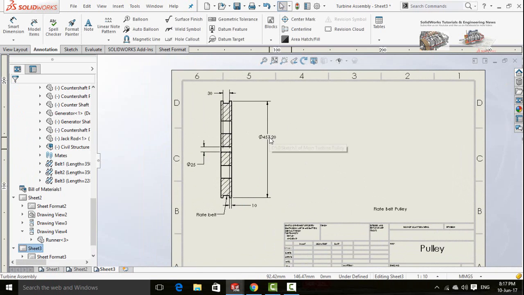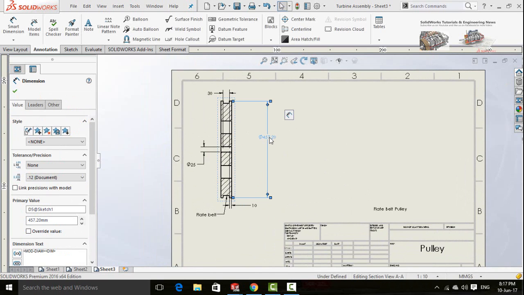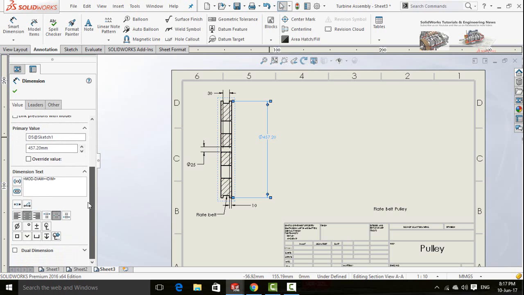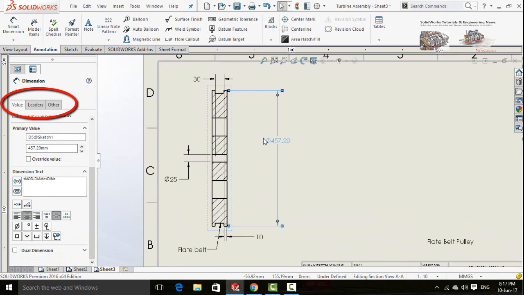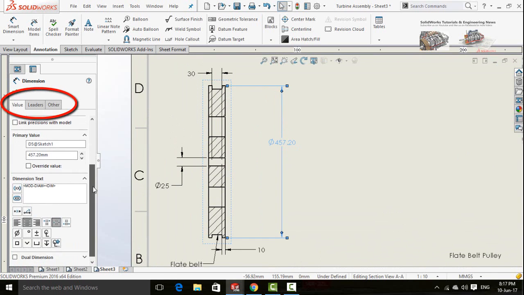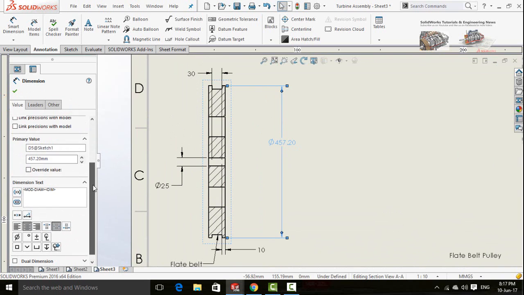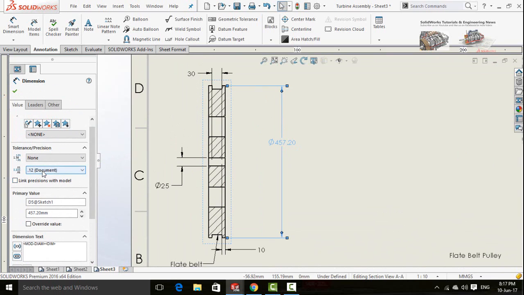If you want to change the font, arrows or lines for dimension, select that dimension and change it from these options. From value you can change the text, from leaders you can change the arrow or lines, and from others you can change the text shape or font size.